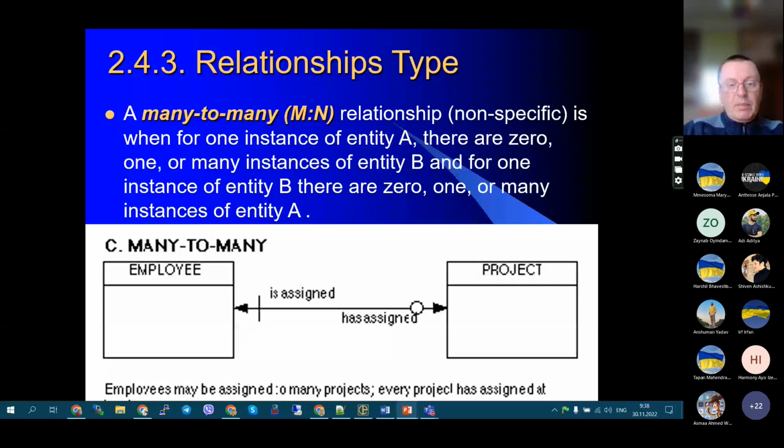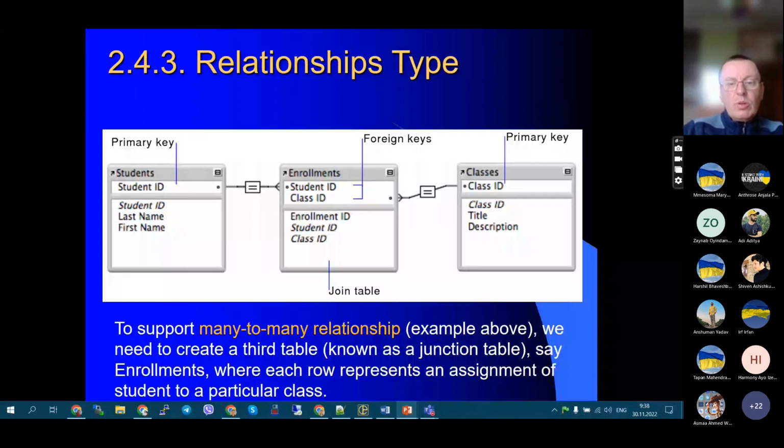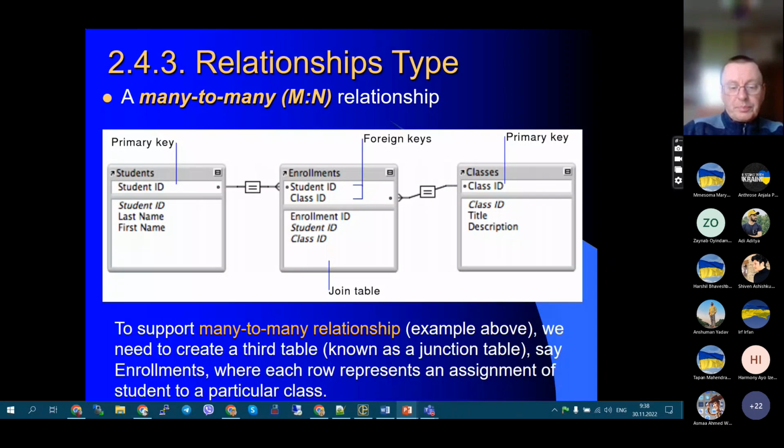But to implement it practically, there is no other choice than to split it into multiple one-to-many relationships. And here, let's consider education in a university. We have multiple students and multiple classes provided by the university. And to ensure which student is assigned to a specific class, there is no other approach than